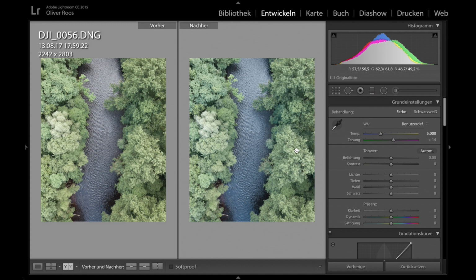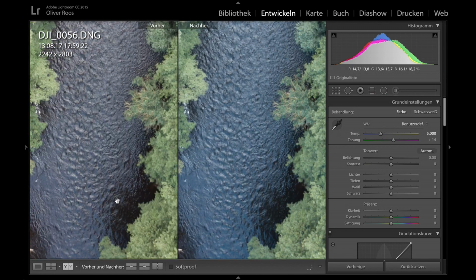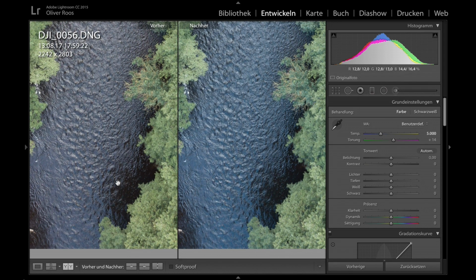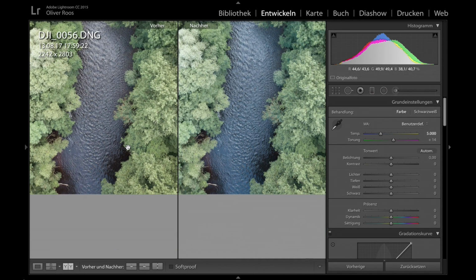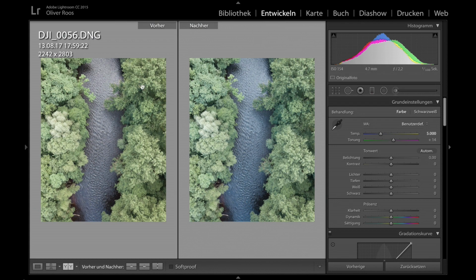The next step I take is the exposure. That's this slider here. Usually I take my pictures a little bit overexposed, like you see here in the brightness of the trees. I do this because of the details in the darker areas. I want to have all the details. If you look around this area in the black part of the picture, I still have some waves that I can see because I used a little bit of overexposure. That's no problem within the RAW format,